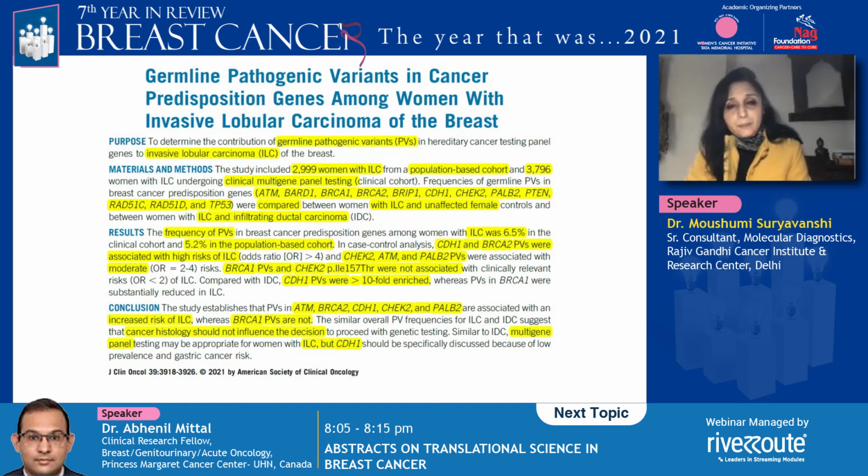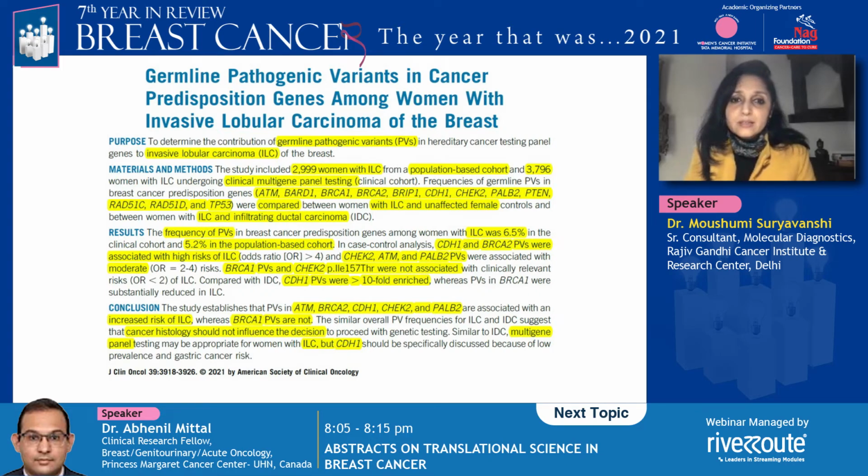So coming to the second paper, it's a relatively easier one. It is on germline pathogenic variants in cancer predisposition genes among women with invasive lobular carcinoma. Every time we have been talking about invasive ductal carcinoma, but this study discusses invasive lobular carcinoma. Again, it has thousands of patients: around 3,000 patients with lobular carcinoma and a population-based cohort of almost the same or slightly more